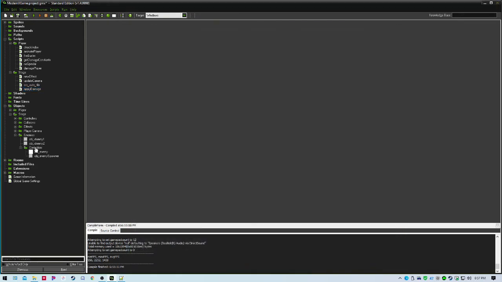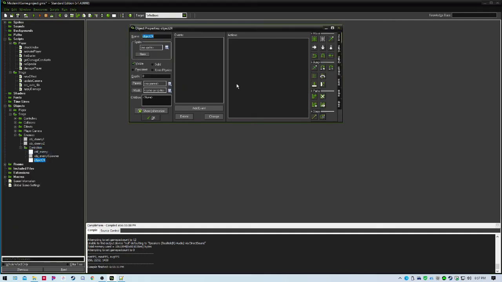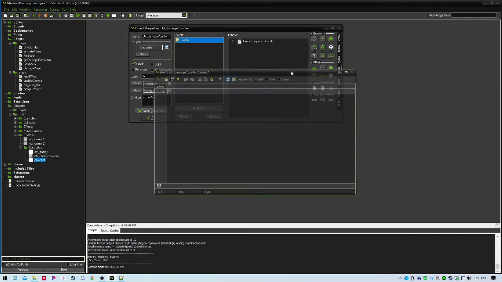So we'll go ahead and close out of that, and then we're going to go ahead and create that controller in the controllers group of the enemy group of the stage group. That's a mouthful, I know. So CTRL underscore damage counter. It doesn't need to have a sprite index, but maybe you should set a negative depth so it's visible amongst the player. And then in the create event, we are additionally going to plop in a piece of code